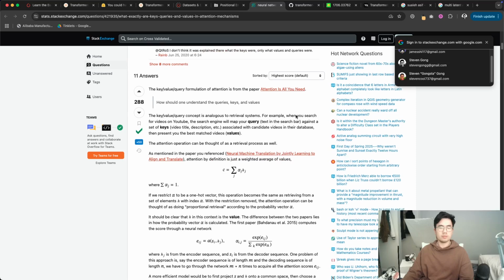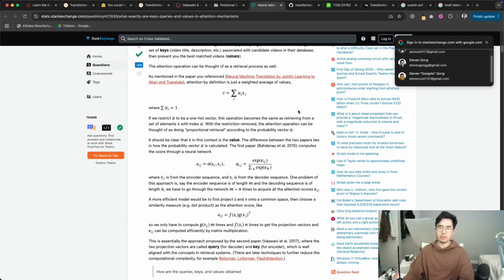The query is sort of like what I'm looking for. Key is sort of like what I can potentially contain. And value is actually the actual value. And so the query will be used at runtime to figure out, okay, what are the words that I should be looking at that are important. And the value will tell you, okay,